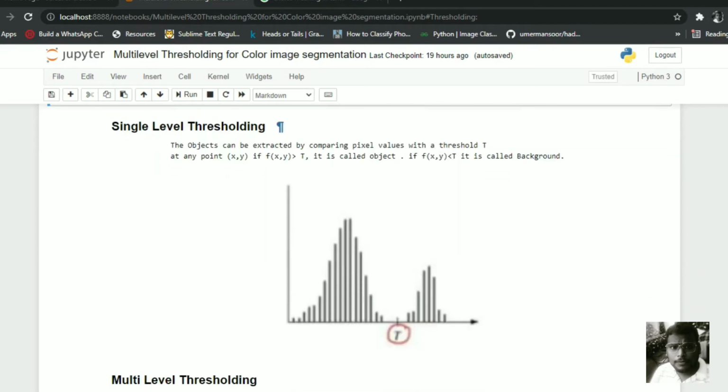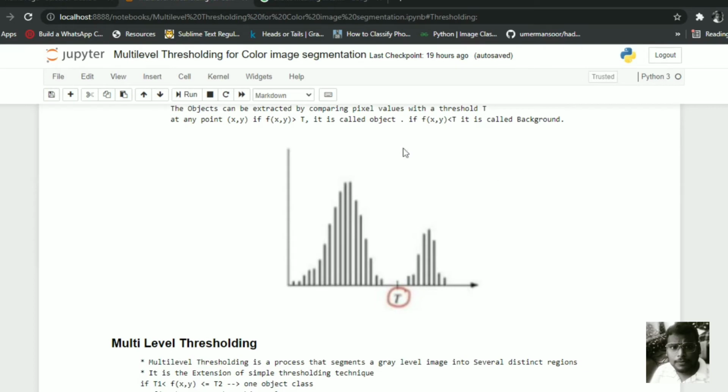Let's see single level thresholding. The object can be extracted by comparing a pixel value with a threshold T at any point x, y. If f(x, y) is greater than T, it is called an object. In another way, if f(x, y) is lesser than T, it is called a background. This graph is for single level thresholding.